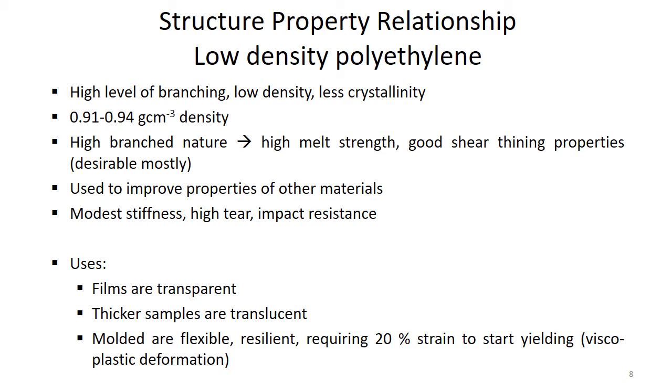strength, and the less crystallinity or ordered arrangement there is, the higher the melt strength will be, and it also has good shear thinning properties. Basically, what is shear thinning? Shear is a force that is applied in the direction in which an object or polymer is moving. So when we say shear thinning, it means that when you apply a shear force, the viscosity of that polymer decreases, so we say it is the shear thinning property of that polymer.